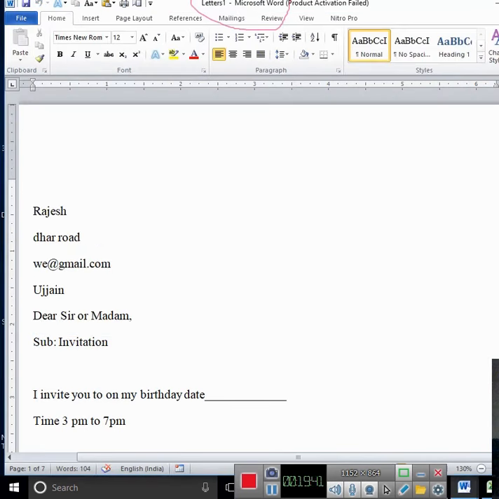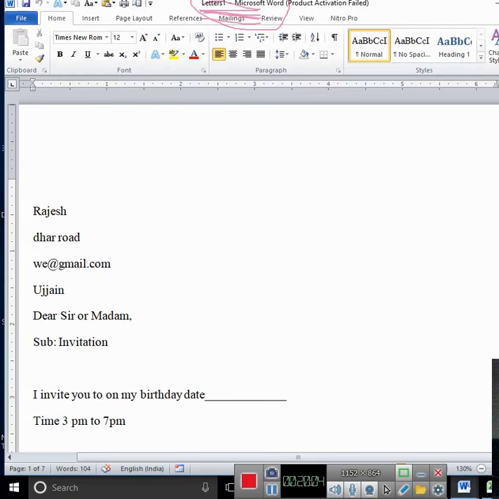Now see it, this one. This is a letter 1. This file is created. Now just see it here. First name showing it, Rajesh Dhar Road, Ujjain. First, dear sir or madam. Invitation.